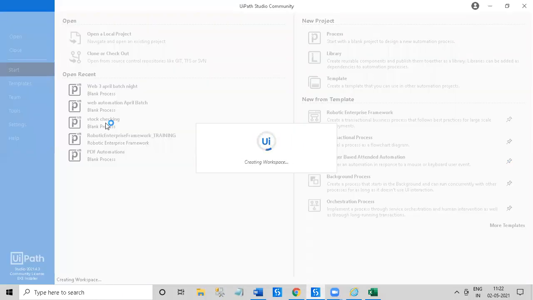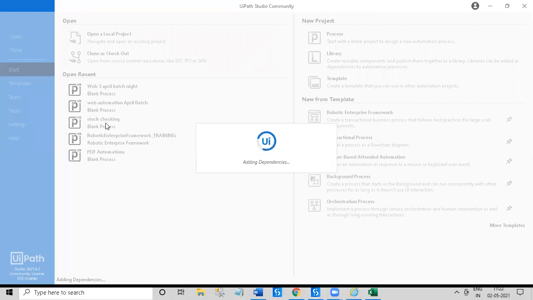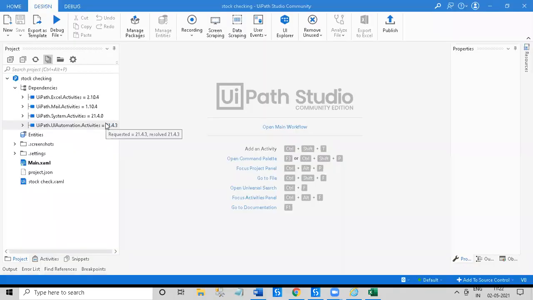Let's say that we have some stock present on any website. That is structured data present on the website, like on an e-commerce website, where the data is placed in a structured manner. So our requirement is that we want to extract all the data. Okay.